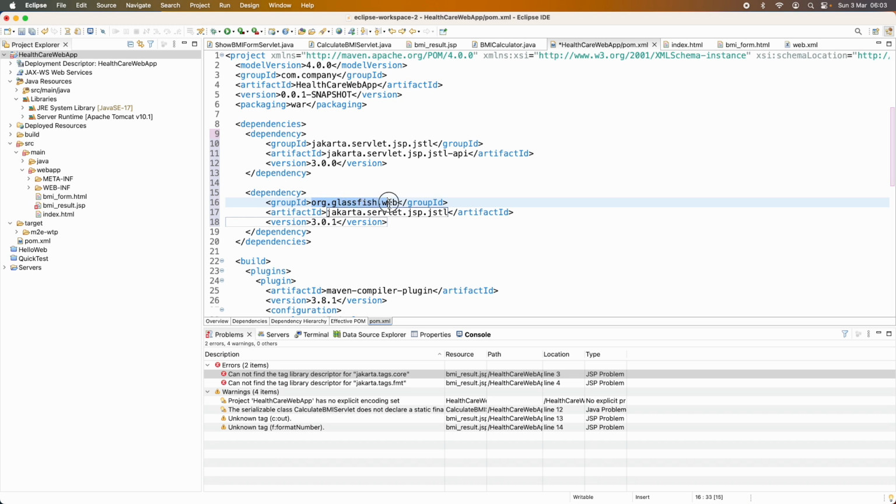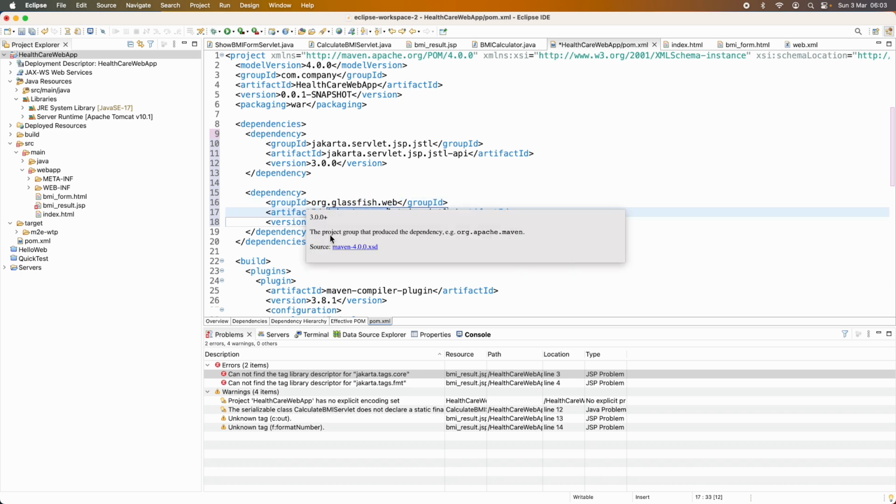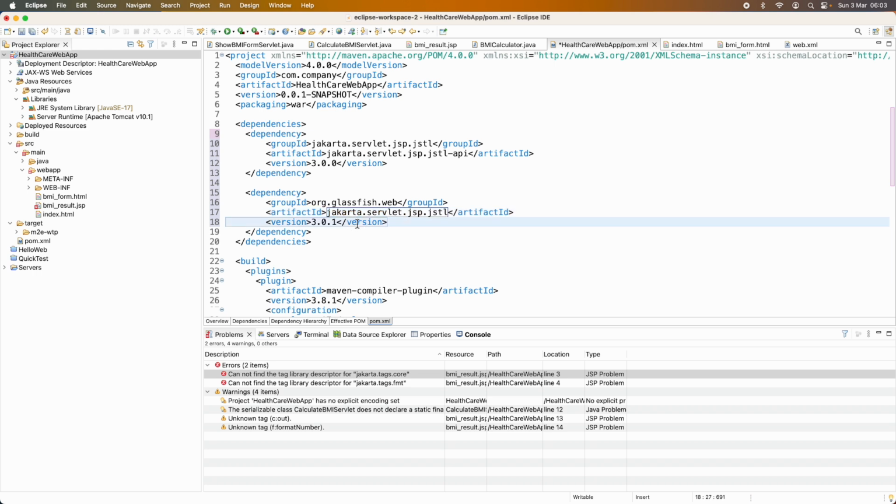And similarly, if you want to find the latest version of this dependency, you can search on Maven Central Repository. So these are the two dependencies required to fix the error cannot find the tag library descriptor.